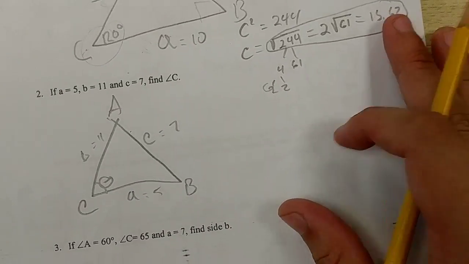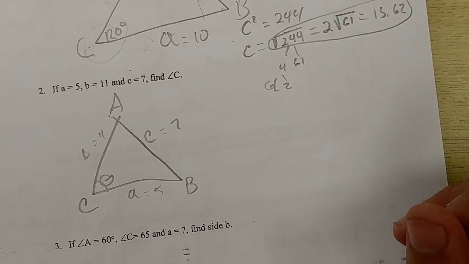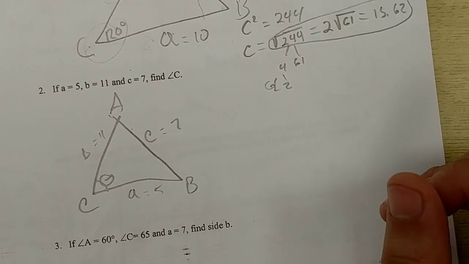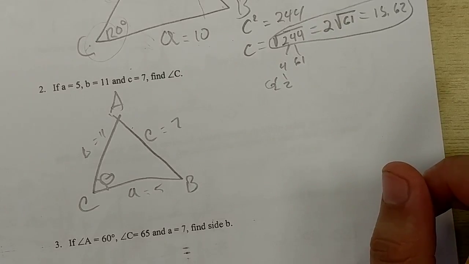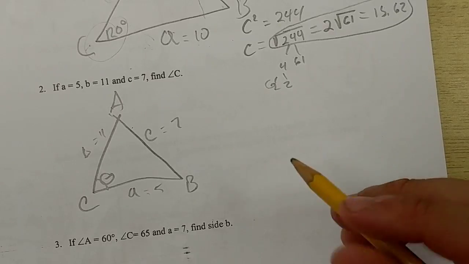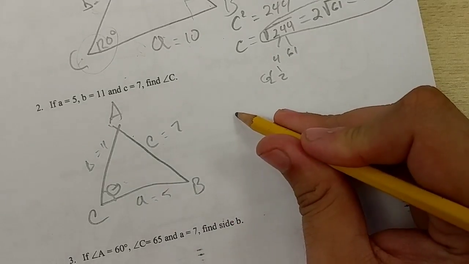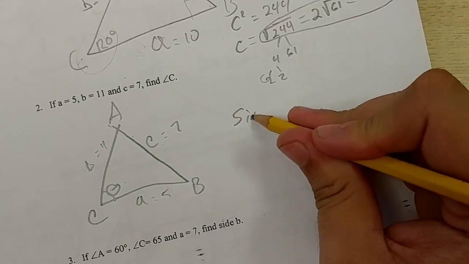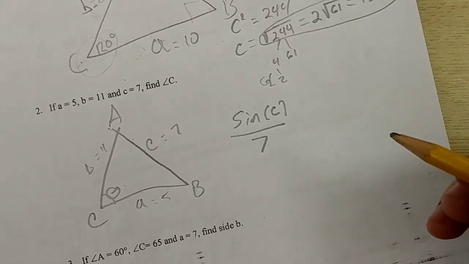Now for this one, what's useful is I can use the law of sines. And the law of sines is really easy because all you have to do is some cross multiplication and maybe some inverse trig. So let me just check my law of sines thing. So sine A over A equals sine B over B, yeah. So I'm going to use this. First I need to do sine of capital C over lowercase c, which is 7,